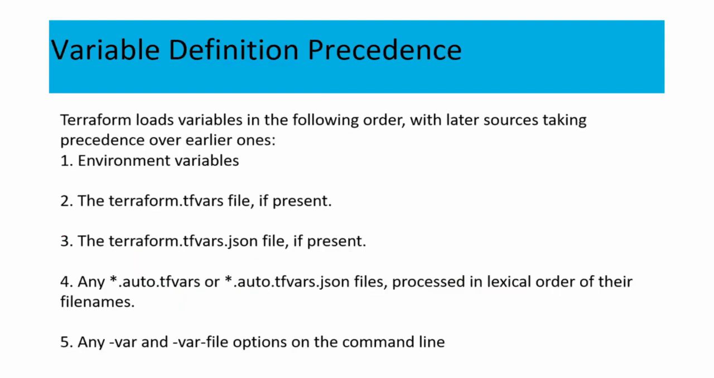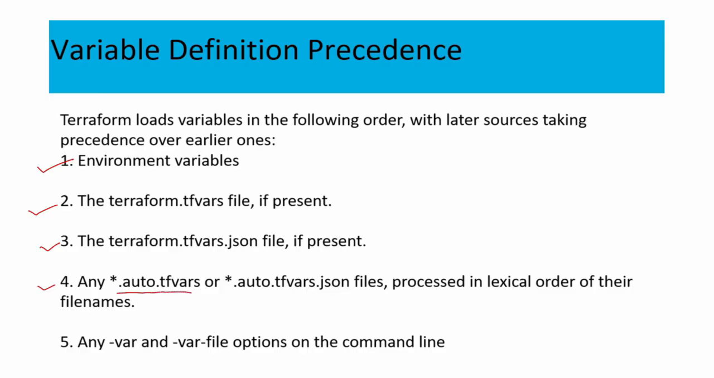So Terraform loads variables in the following order, with later sources taking precedence over earlier ones. The first one is environment variables. The second one is the terraform.tfvars file, if present. The third one is the terraform.tfvars.json file, if present. And the fourth one is